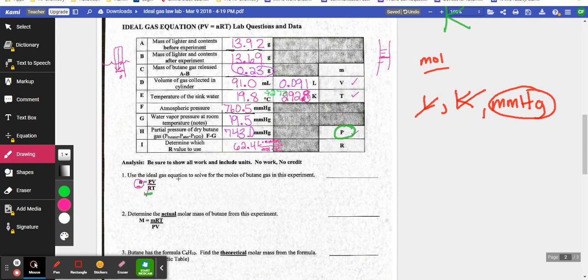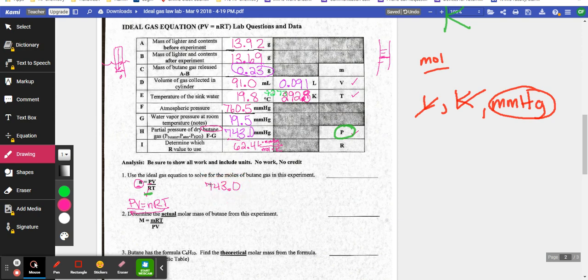All right, so we have our ideal gas law already laid out here. Remember, this is coming from PV equals nRT. All that we did was we moved this stuff underneath. Okay, so we divided it underneath. So we're going to grab our pressure, which was the 743 millimeter mercury, right? So we got our pressure of the butane. That's what we're talking about right now. So only focusing on butane. So we have